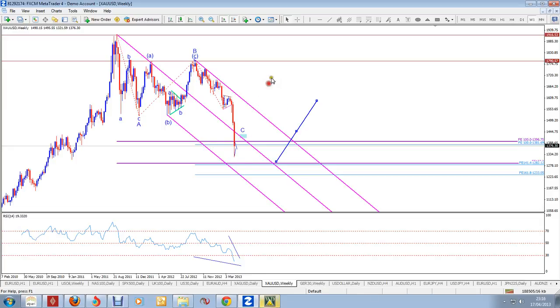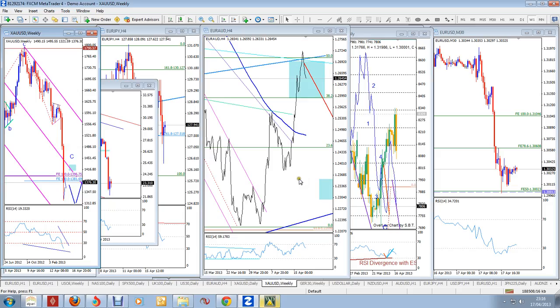It's sort of a triangle, and in that case, if it is a triangle, then it should break to the downside, and then it'll bounce again, something like that, and that's when we're ready to maybe consider a short position. Otherwise, wait for all of this to play out, find a potential low in this area, then look to go long. So that is all currently we're looking at,